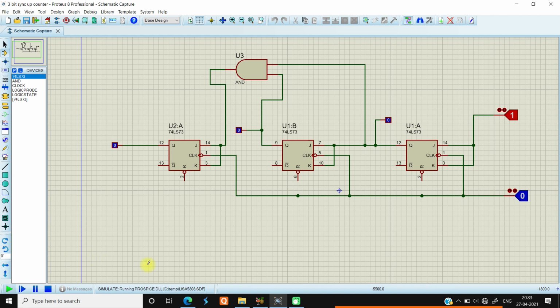I have started the simulation, it is running actually. So I have given a logic state 1 over here, and I have a clock signal given over this particular part. So what I am going to do is give a negative edge trigger, so this particular thing has to be 0. So now the first output is going to be 0 0 0. If I give 2 clicks over here, the negative edge will be given to these flip-flops. So the output will be 0 0 1.